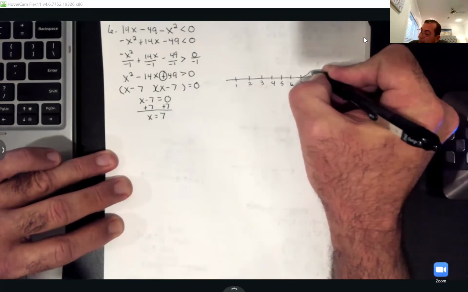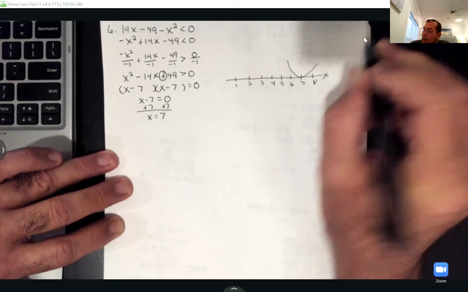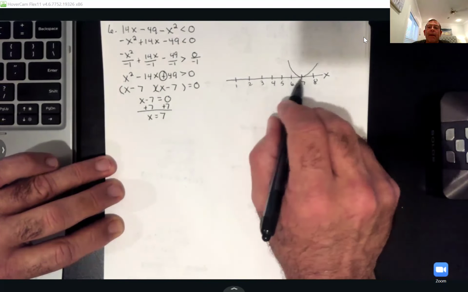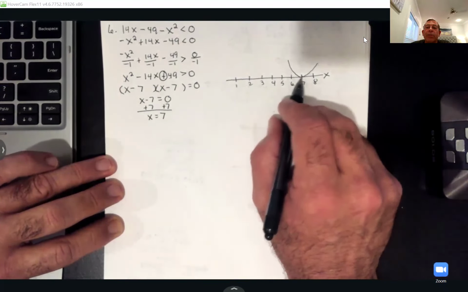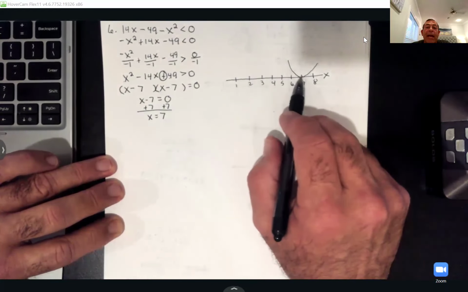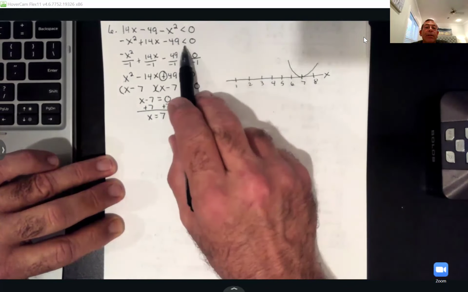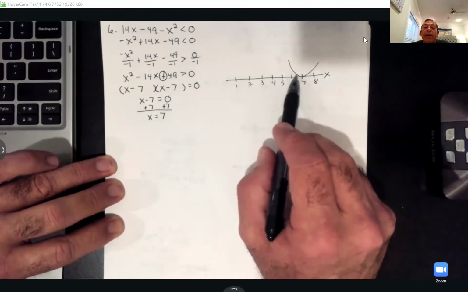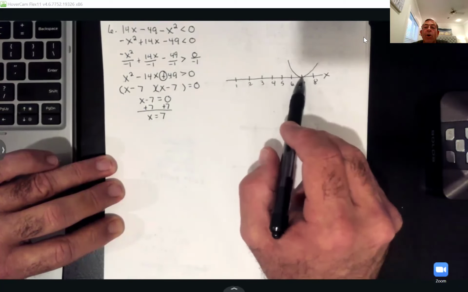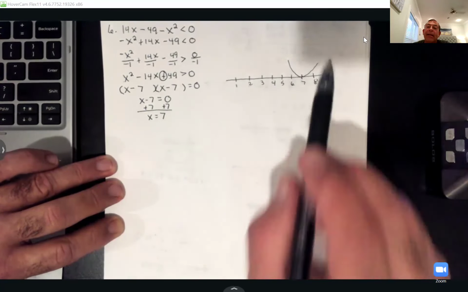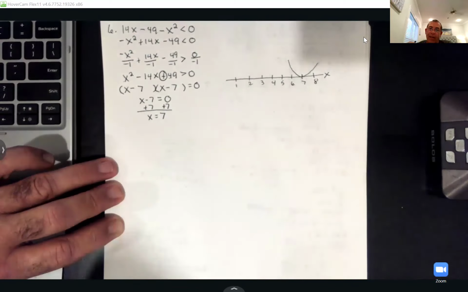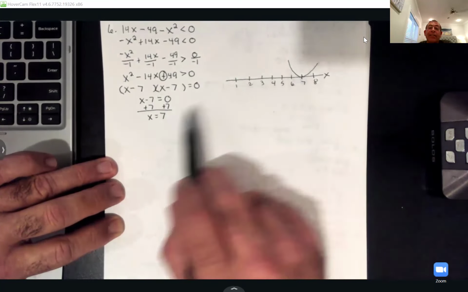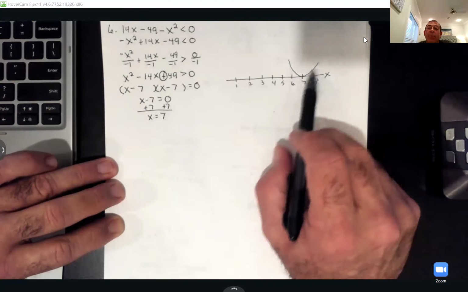So that means it would have came down and touched the x-axis at that 7. Okay? Which means it don't equal 0. It equals 0 if it's on the line. Well, they don't have an equals under this. All they got is a less than or greater than, right? So everything else is greater than, but the 1 point, since it's on the line, equaled 0 and not greater than. So that's why one solution, that's the only number I gotta exclude, because that's the only part that ain't